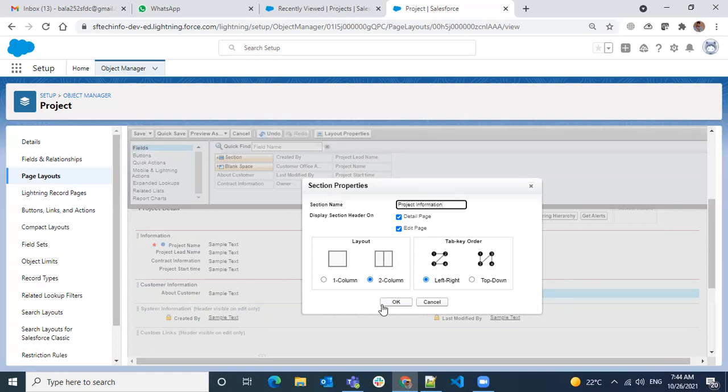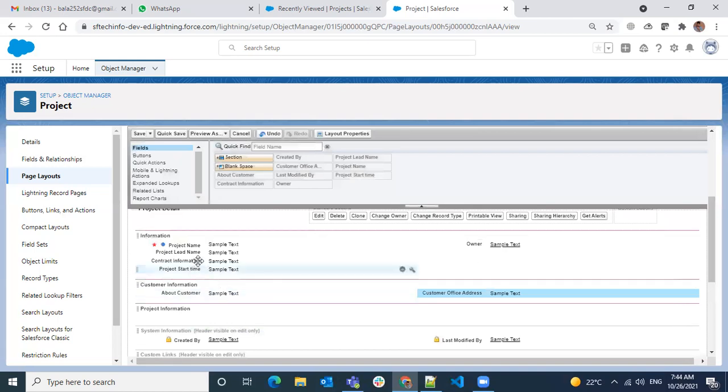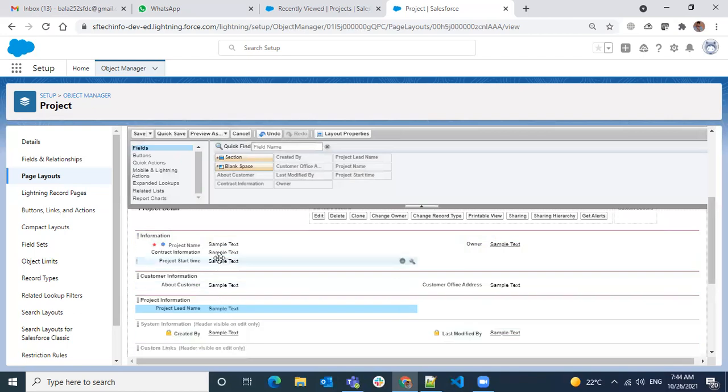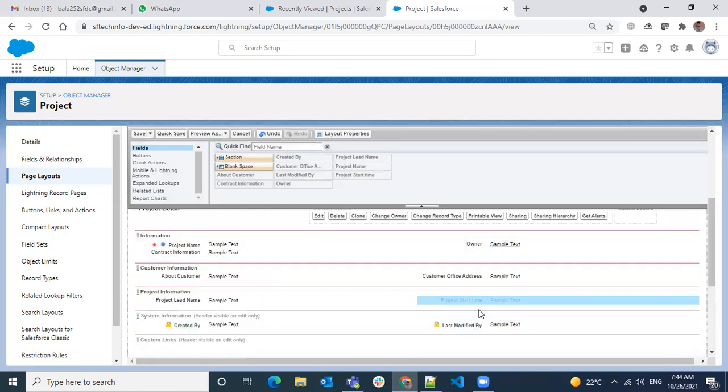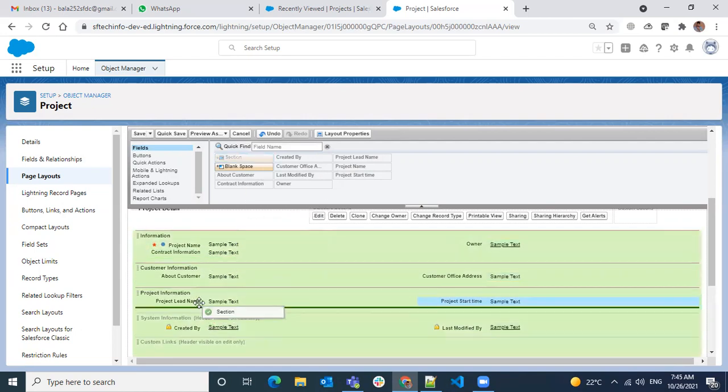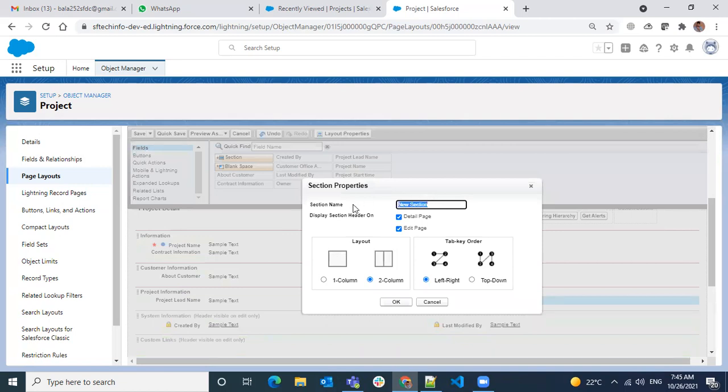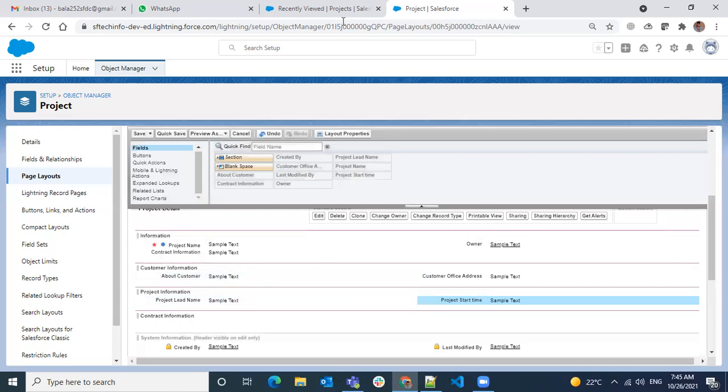In the project information, I have a project lead, project start time, and then I want one more section called contract information. Hope I was able to be heard and you can see my screen.